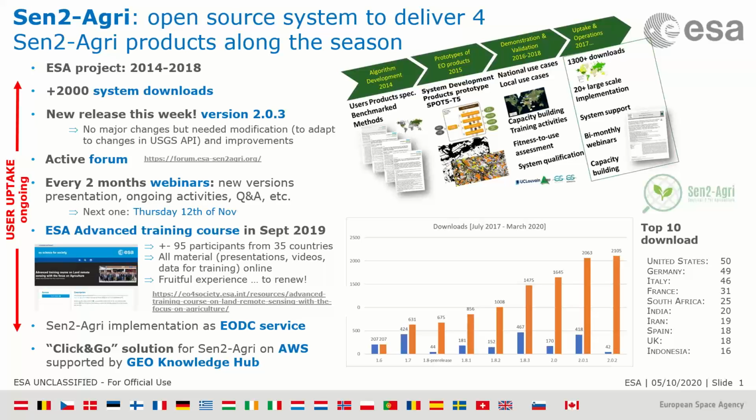This was a project during 4 years, 2014-2018. And during this project, we developed an open source system which is able to ingest automatically Sentinel-2 and Landsat 8 to deliver along the season 4 core GeoGlam products, which are cloud-free composites, biophysical indicators, cropland mask, and crop type map. The project is over now, but the system is still maintained and widely used by a diversity of